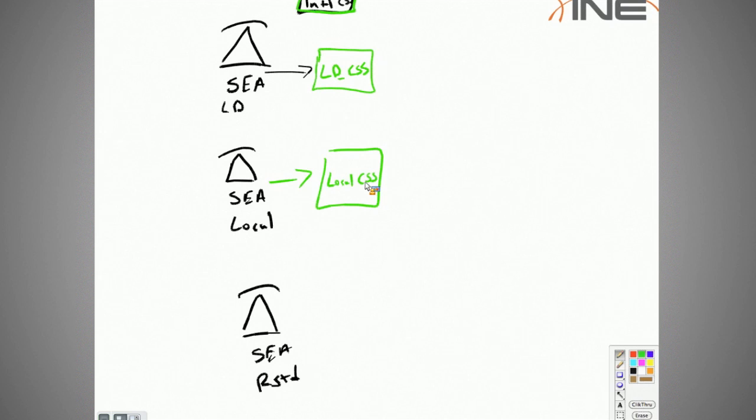Local. Phone has the calling search space for